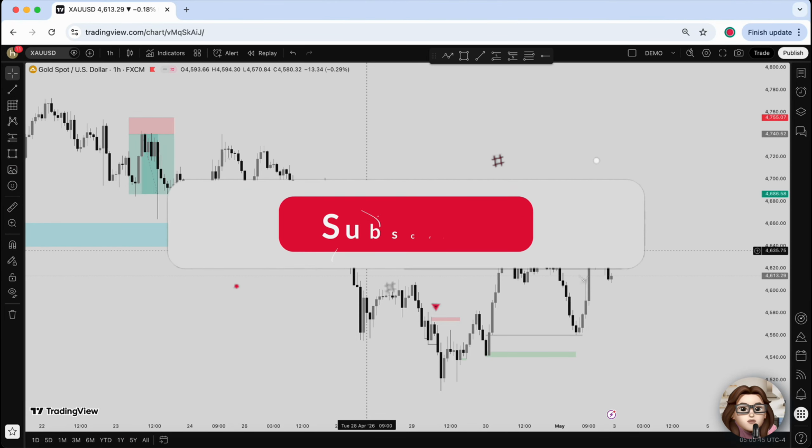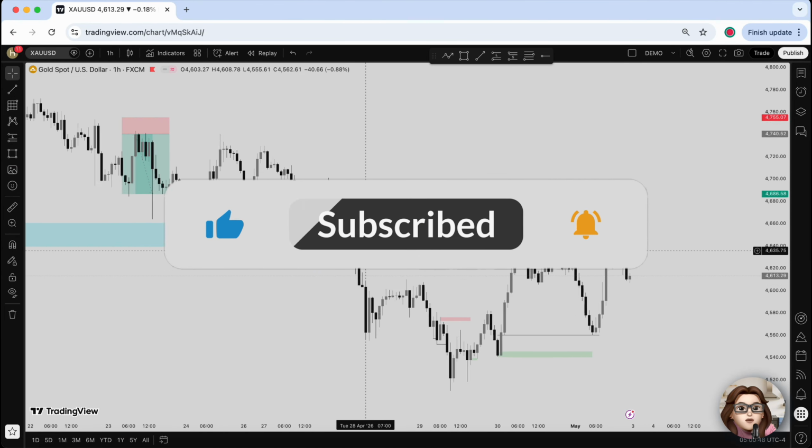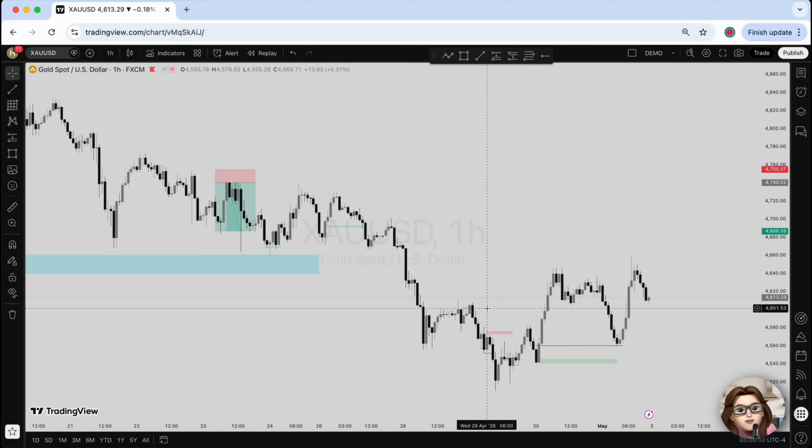In this tutorial, I'll show you how to use the arrow tools in TradingView to clearly mark your trades and